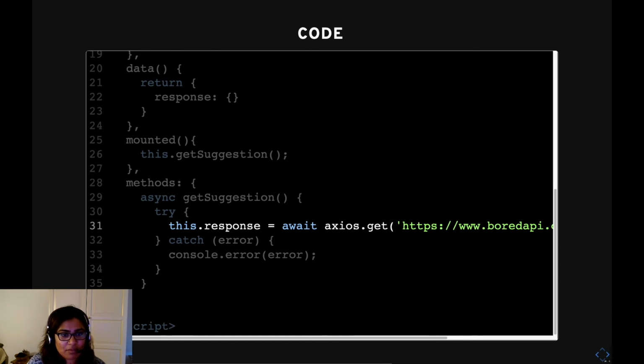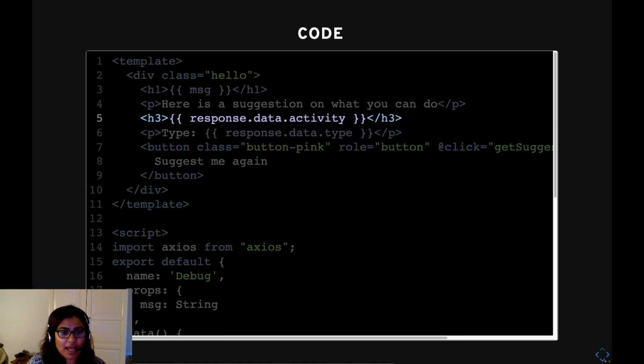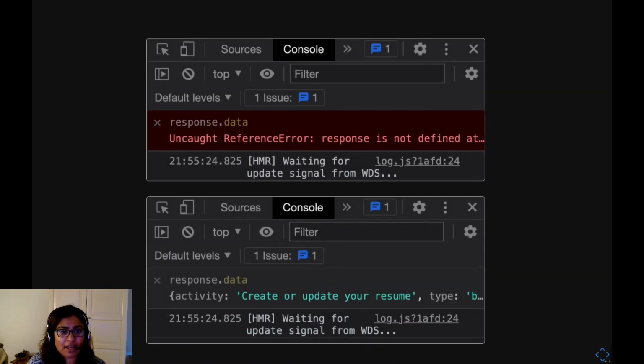Inside the getSuggestion method, I'm using Axios to fetch data from a public API, and it gets used in the HTML using response.data.activity. And by using live expressions, I could see that when the page was blank, the response.data was